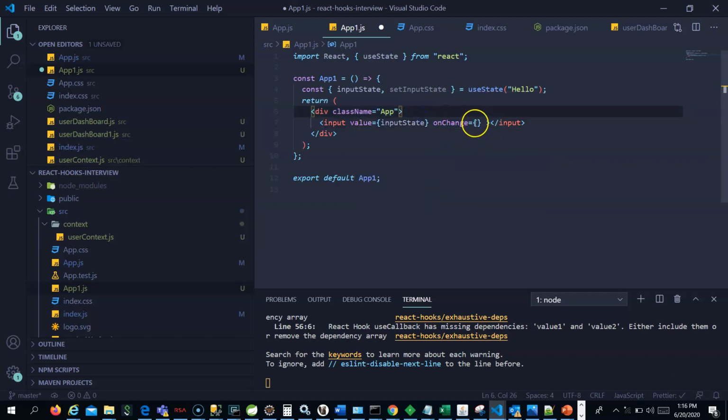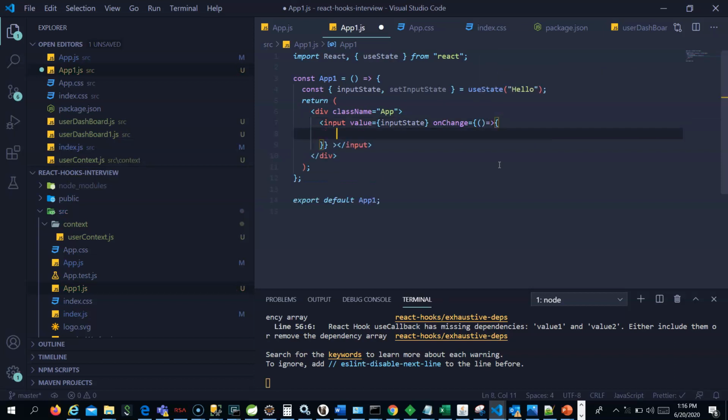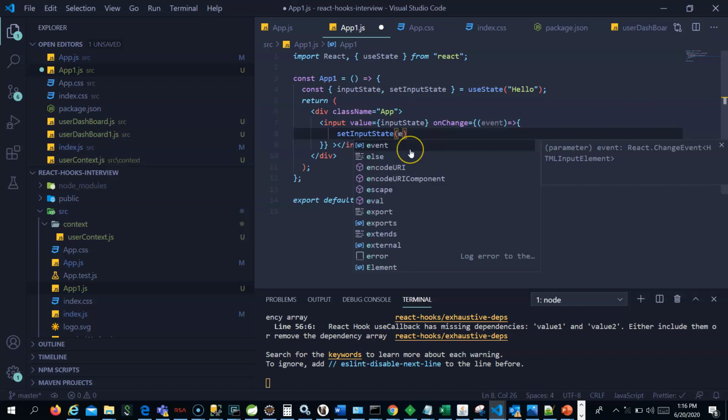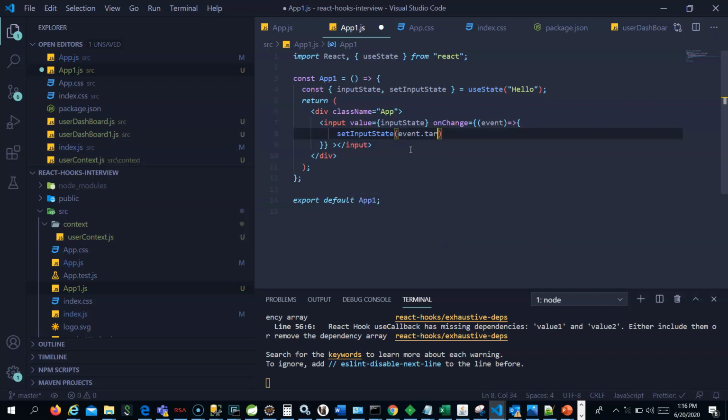Whenever somebody enters something on this input button, on change, I am going to call the set input state, what we got from useState. So here I can use the event which is got from onChange, and I will use event.target.value for accessing the value the user entered.